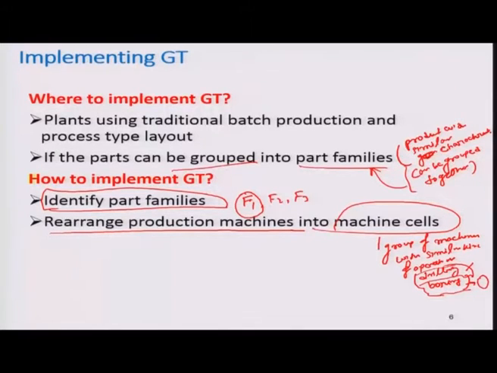The grouping of machines with similar characteristics is called a machine cell. So in group technology you first have to do two things: first, make part families, and second, machine cells. Here in a part family, there is a variety of parts.